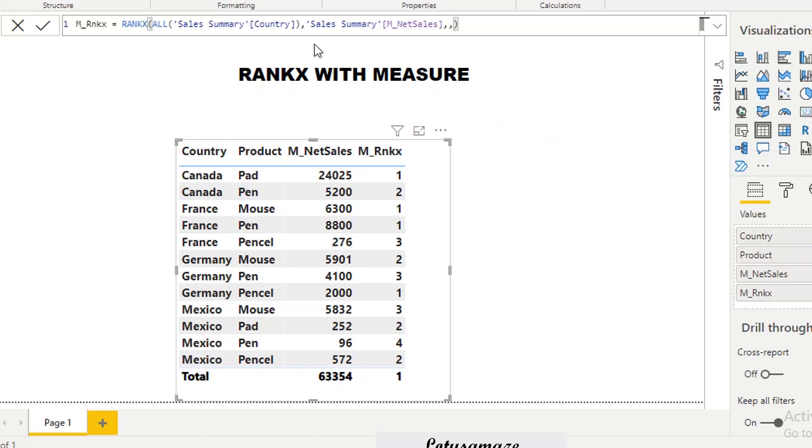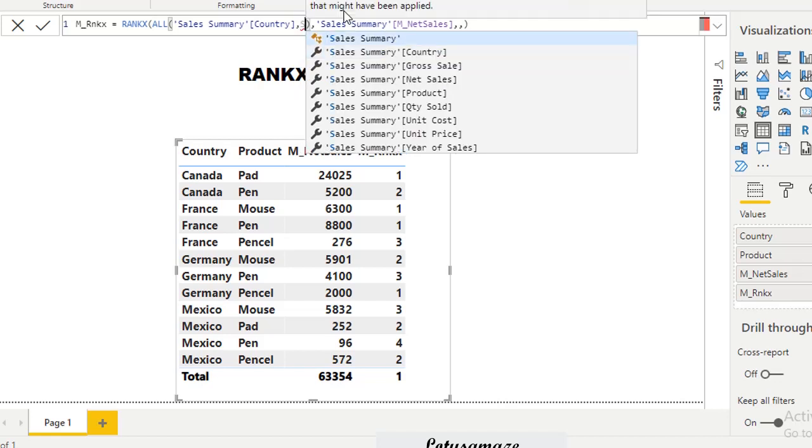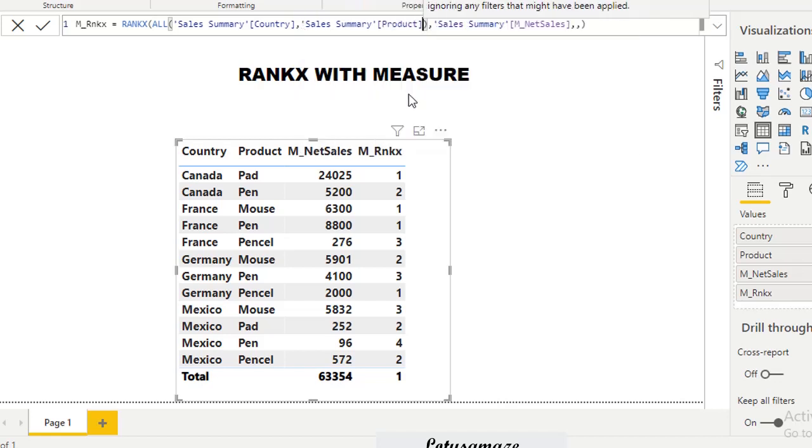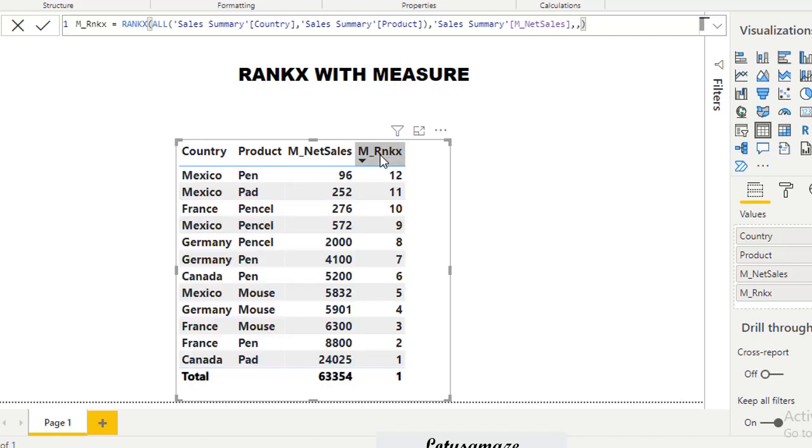So in ALL, comma, and product, execute. Now we change the order. Now we have the correct ranking for the country and the product. So this is how you can use the rank X function with the measure.